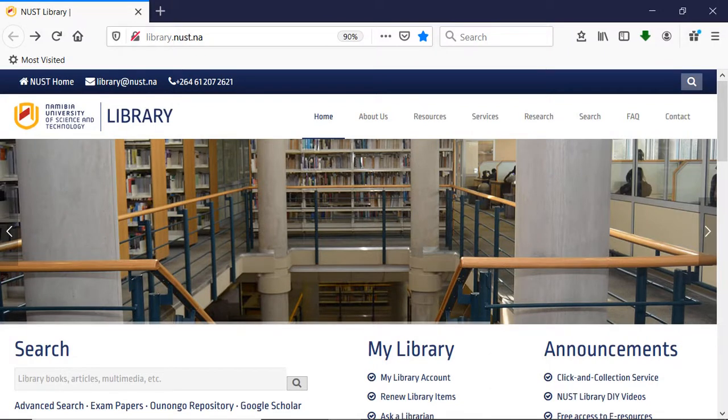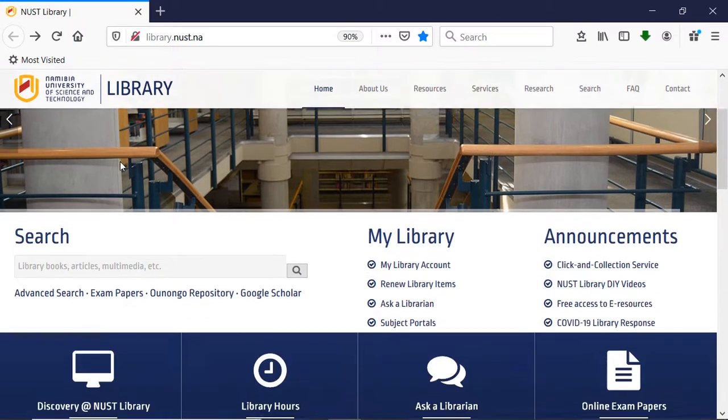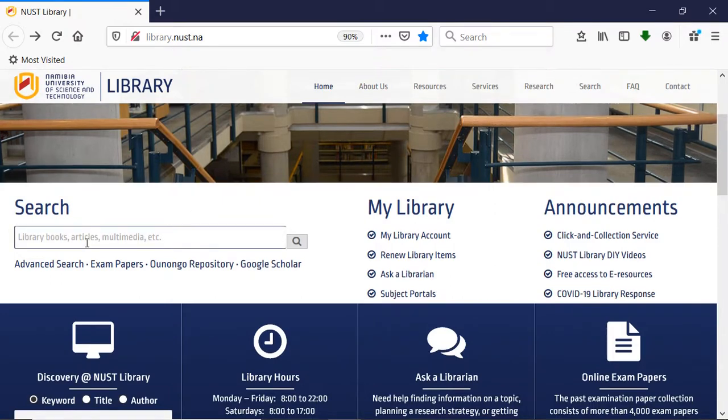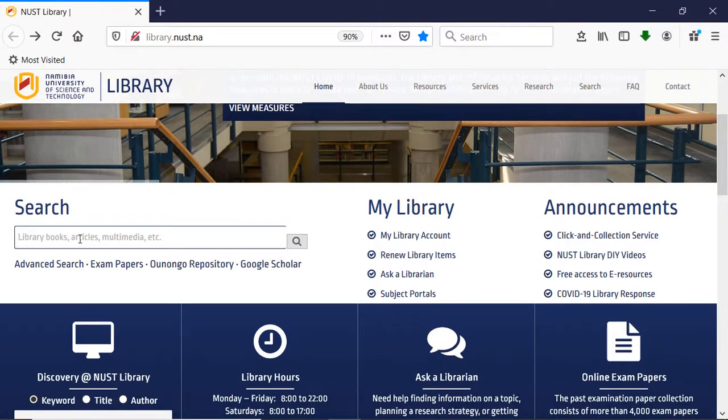To search for books in the library, you need to use the library catalogue. The NUST library catalogue can be found on the main page at library.nust.na. Scroll down a little bit and you find the search box over here. You can type in your search keywords immediately over here and press search, or if you want to go to